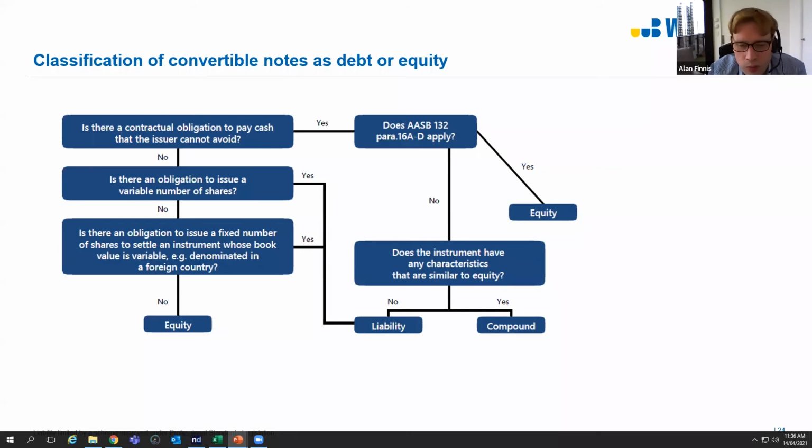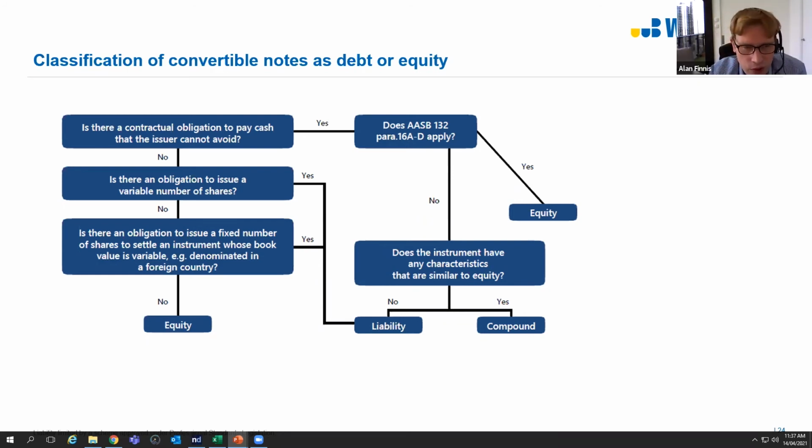So if you are in a position where that is the case, then you're going to be in the liability box. Whereas if you've got a fixed number of shares, there's an element that's similar to equity, so you'd be in the compound area there. If we don't have to pay cash and we convert into a variable number of shares again, we get ourselves into the same